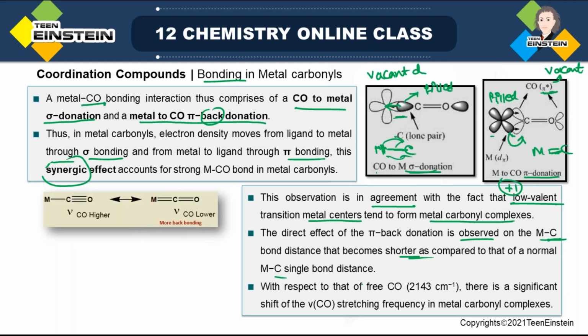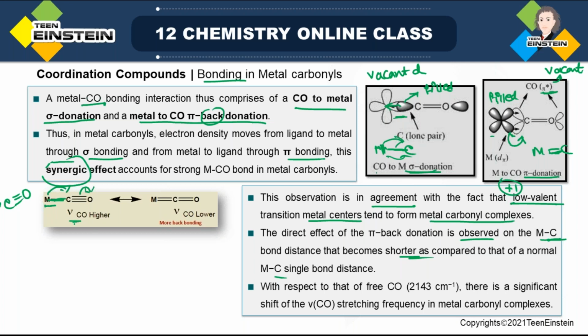So here if you look at this picture, this is only a sigma bond, but suppose there is also a pi bond occurring, that means the metal is also donating electron. Now if you simply draw carbonyl, there is basically a triple bond. Okay, there are different ways you can draw the carbon monoxide molecule. So this is one of the ways by which you can draw it. And here if you draw it like this, there will be a positive charge over oxygen. But the important thing here is that if it is a metal-carbon single bond,